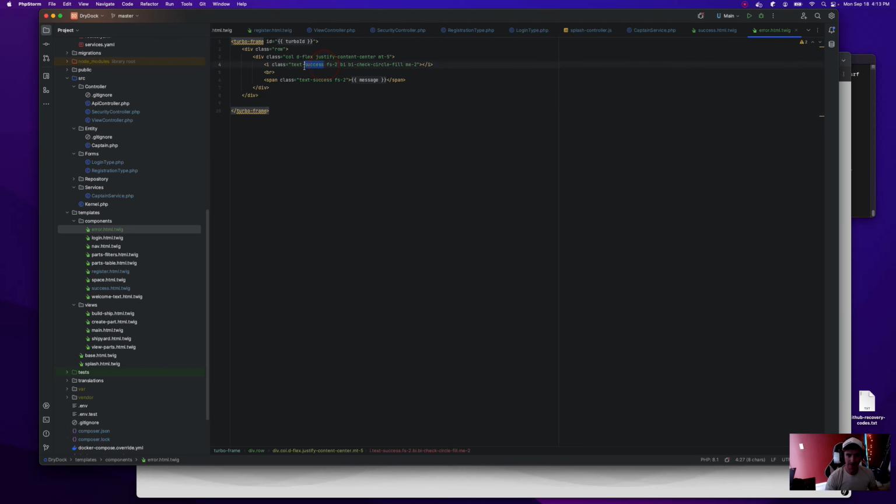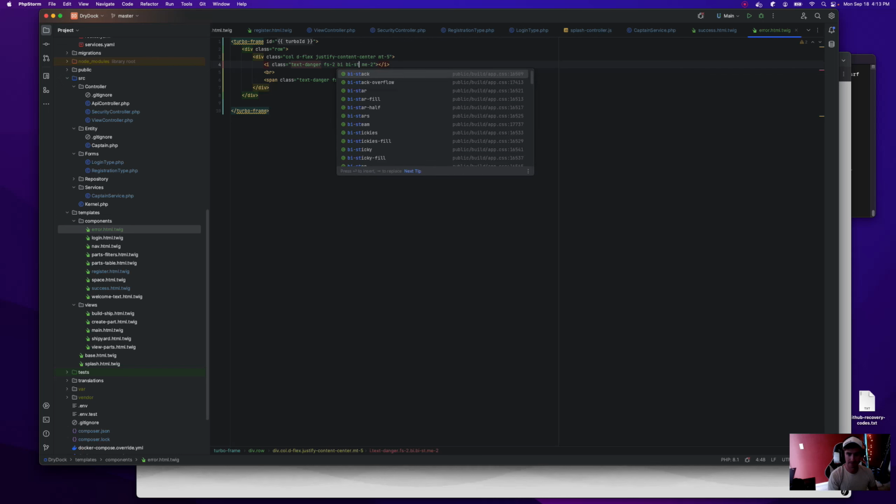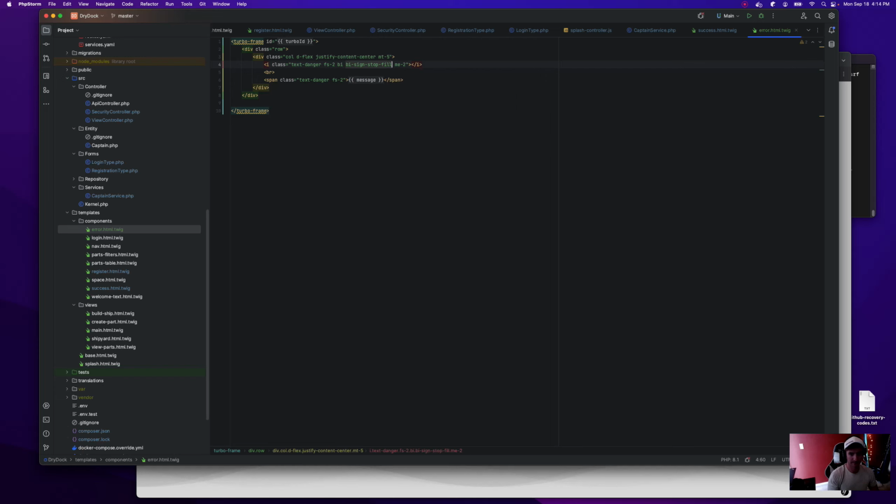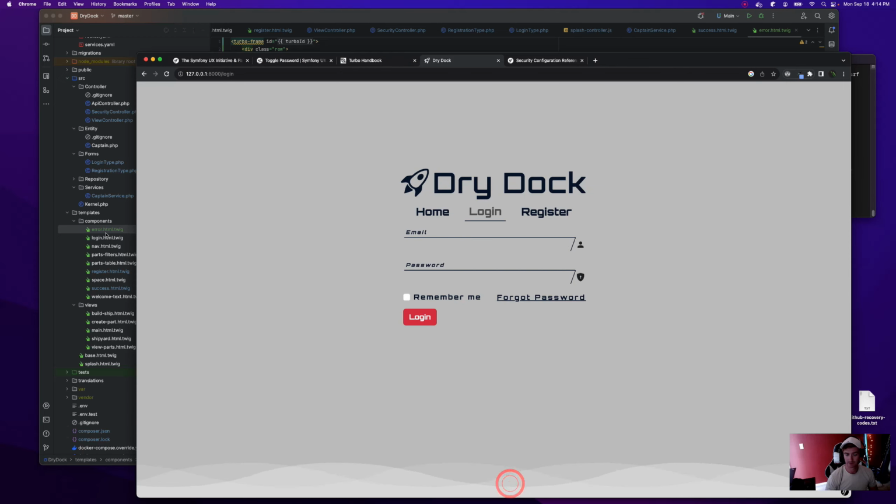And we just change these to danger. Danger. Stop sign. Maybe it's just error, right? Stop. Sign, stop, fill. That seems good. Cool.